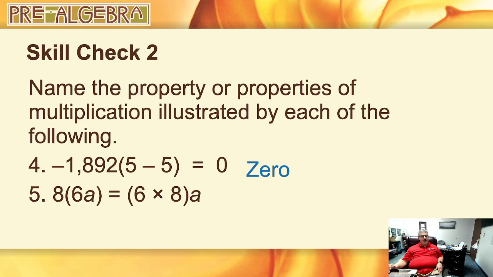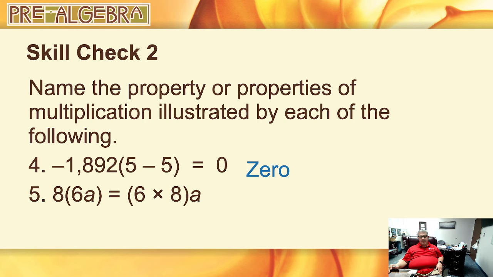All right, then we have number 5. We have 8 in parentheses 6 times a equals new parentheses here. It's moved. The 6 times a was in parentheses before. Now we're grouping 6 and 8 together instead of the a, inside the parentheses. So that is, do you remember? It is the